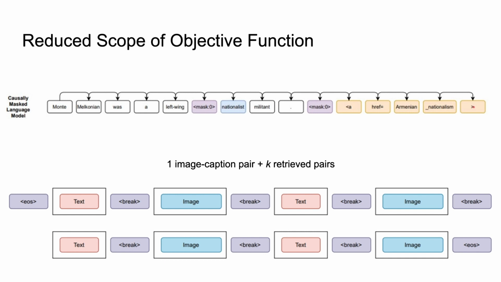Having the model emphasize use of the retrieved documents is poor. One second. The problem with this is that the mask here